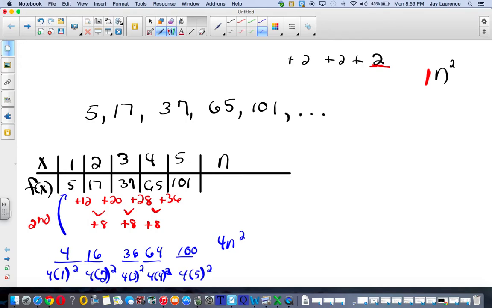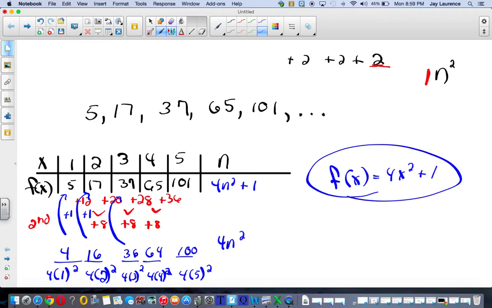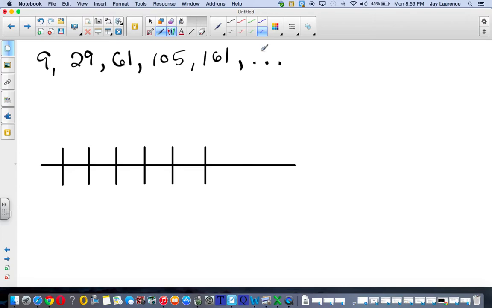And if you notice, the blue ones are all 1 less than the black ones. It means I have to add 1 every time. So my nth term is 4n squared plus 1. Therefore, my function is going to be f of x equals 4x squared plus 1. Pretty easy, huh? Now, the next one we're going to do is going to be a little bit more complicated,